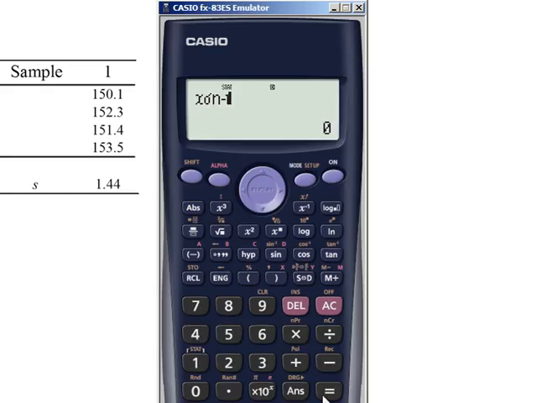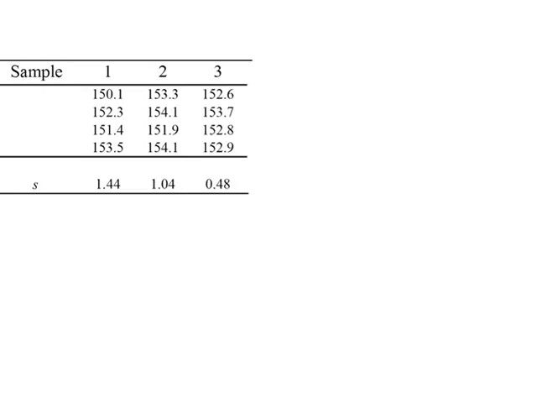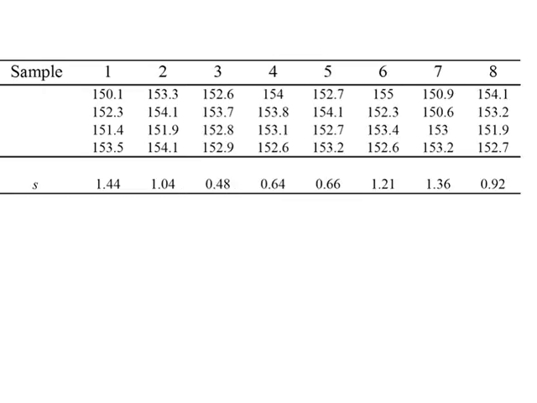Option 4, 1.44 rounded. And then we do the same for sample 2. We put this data into the calculator and work out the standard deviation, and for 3 and for all 8 samples. And then focusing just on the standard deviations for each sample,